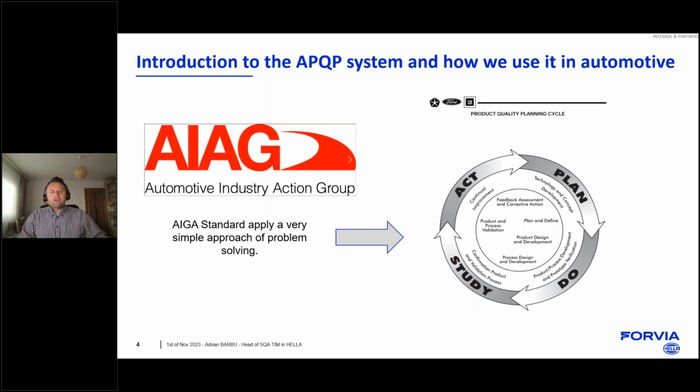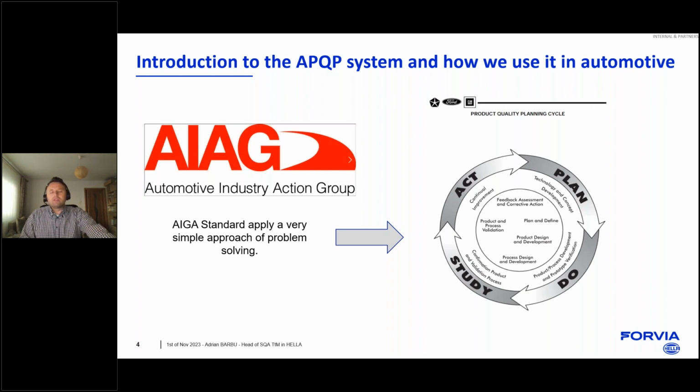Well, a very important point which I want to bring to you within the IAG system is definitely the Plan, Do, Study, Act, the PDSA approach, which is used within every industry.